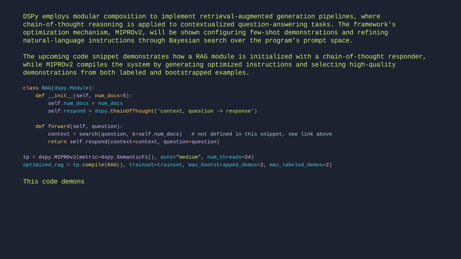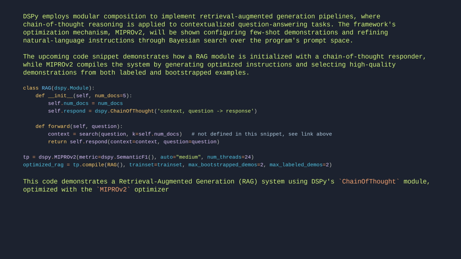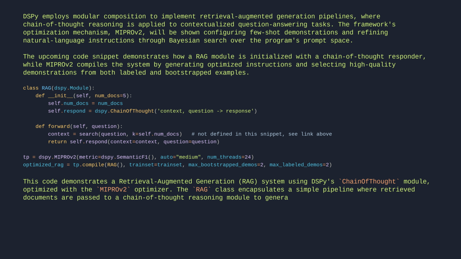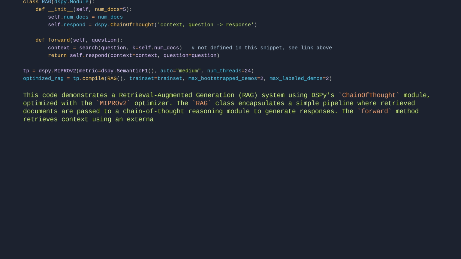This code demonstrates a retrieval-augmented generation (RAG) system using DSPy's chain-of-thought module, optimized with the MIPROv2 optimizer. The RAG class encapsulates a simple pipeline where retrieved documents are passed to a chain-of-thought reasoning module to generate responses. The forward method retrieves context using an external search function, then delegates response generation to the chain-of-thought module with the